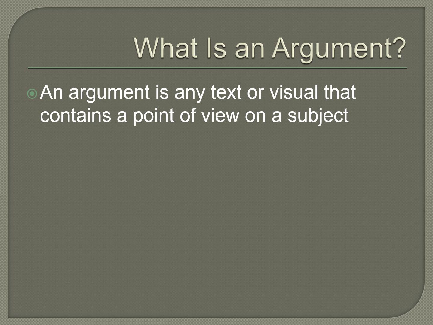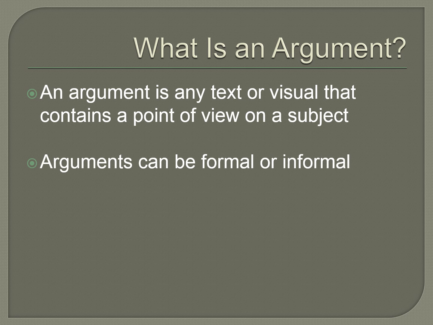Now, I mentioned certainly those arguments that you might have with a significant other or with a parent or a friend or something of that nature. That certainly is more of an informal argument. But you can have formal arguments as well. You will, for instance, be writing an argumentative research paper coming up shortly. That is more of a formal argument, where you're citing your sources, you're pulling information, reasons, facts, statistics, those kinds of things from those sources, and you're using them to defend the position that you've taken.